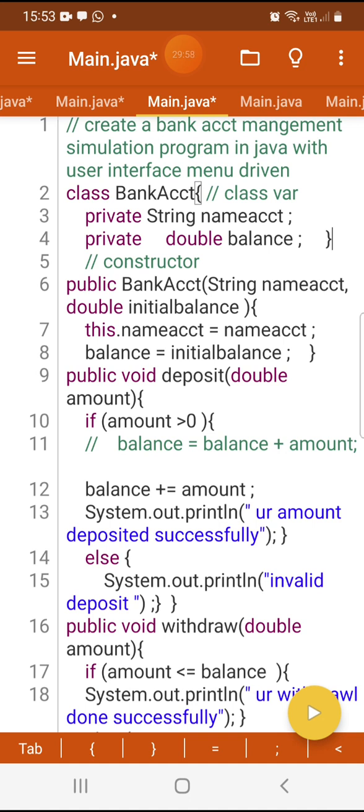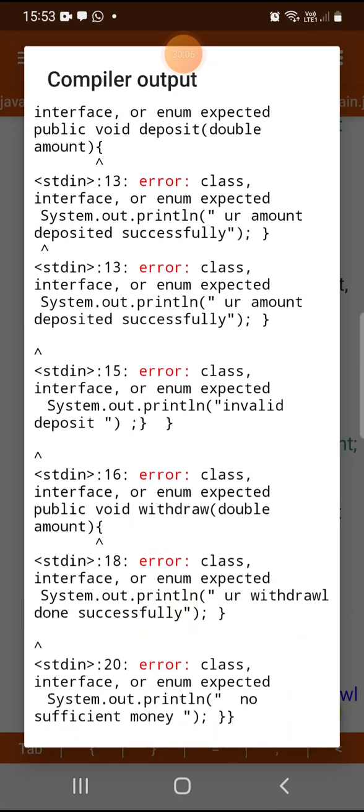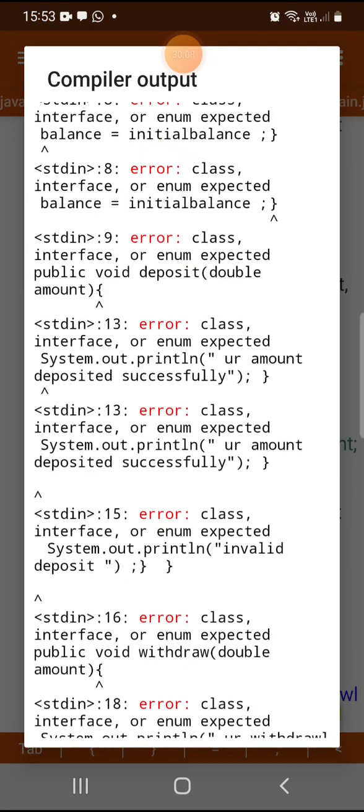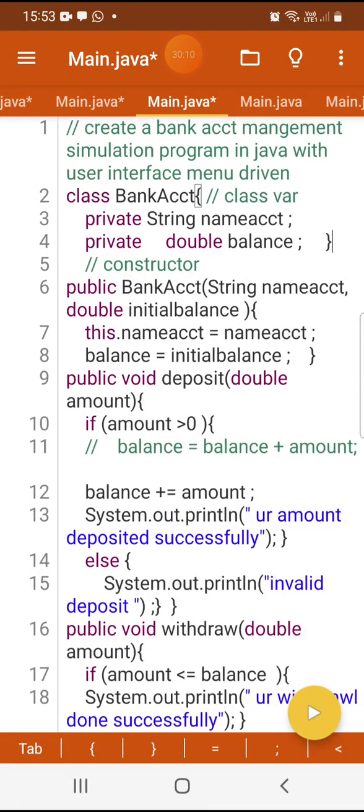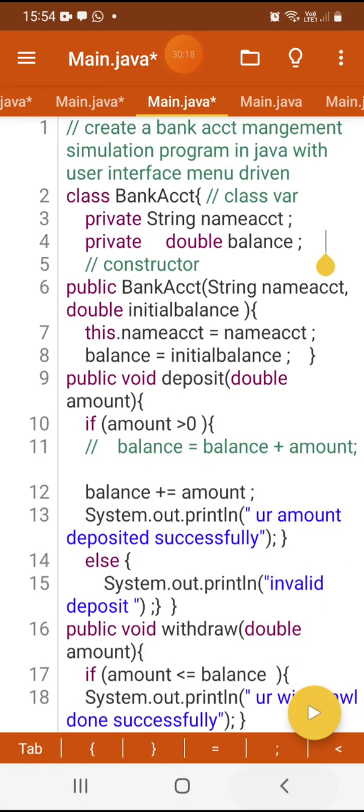The constructor always has to be part of your class, inside the class, otherwise you will get an error. See this much, you wouldn't be able to resolve all this, so many errors it will give. Your constructor is created in the fifth line, sixth line, and don't keep separation. Now you remove this, and the BankAccount class is to be closed